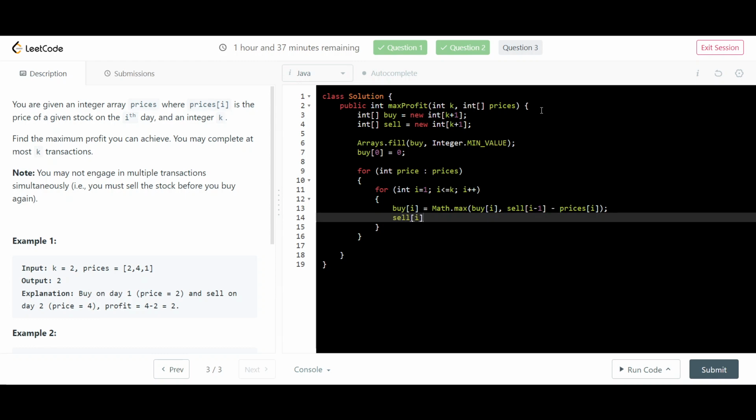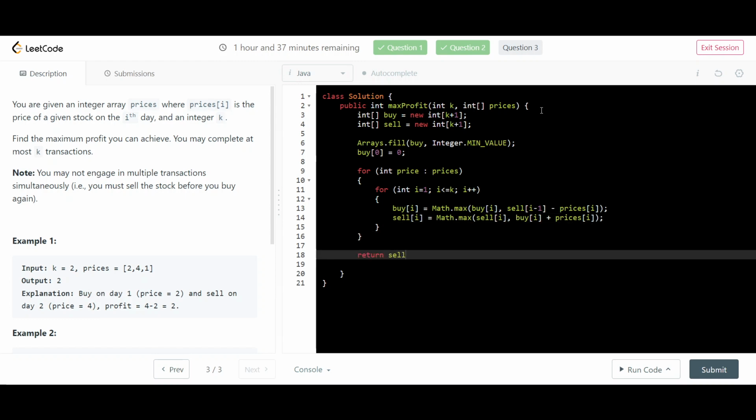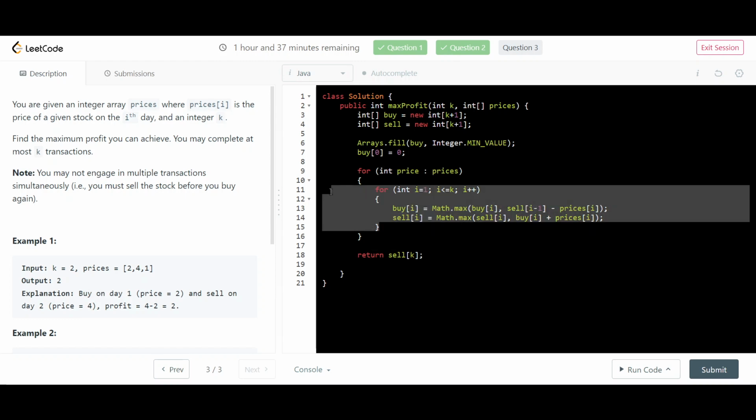And sell of I equals max of sell of I comma... sorry, buy of I. Yes, that will make sense. So for every day, we are setting up this information that it's your first buy,